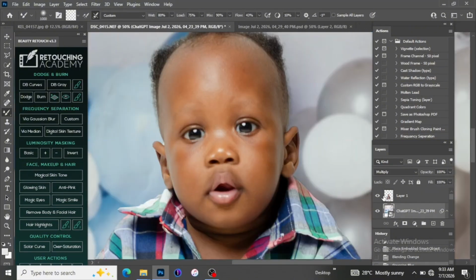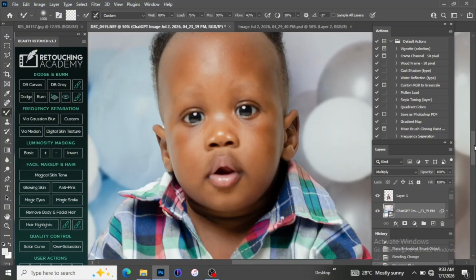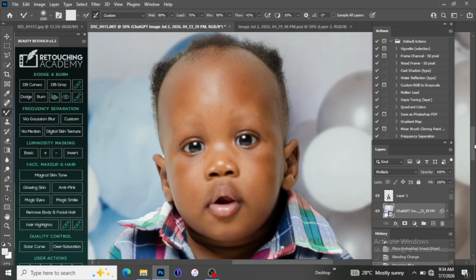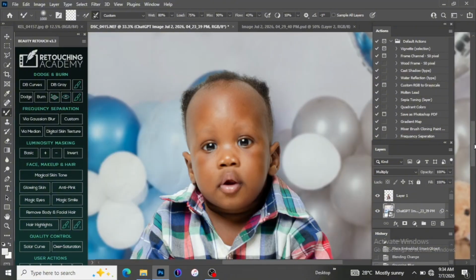All right. So the next thing I will be doing is basic frequency separation on this picture. I'm going to smoothen the face, the baby face. Of course, you know that babies come with a very natural smooth face, so we don't want to overdo it. We just want to